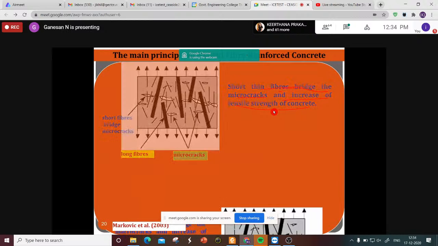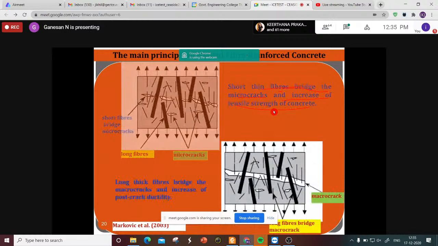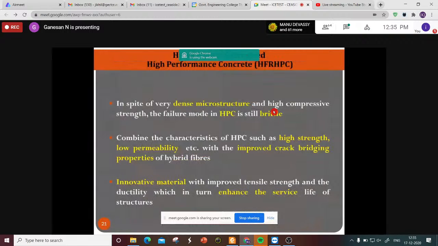Then, once the micro cracks increase in width and length, what will happen? The long, thick fibers will come into the picture. The long, thick fibers bridge the macro cracks and increase the post-crack ductility. So the addition of these two types of fibers takes care of the cracks at micro level and macro level. So, in spite of the very dense microstructure and high compressive strength, the failure mode of HPC is still